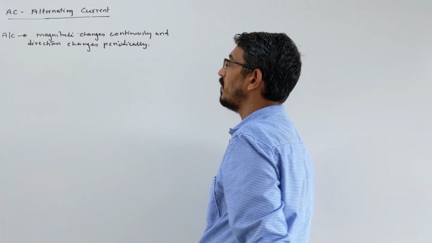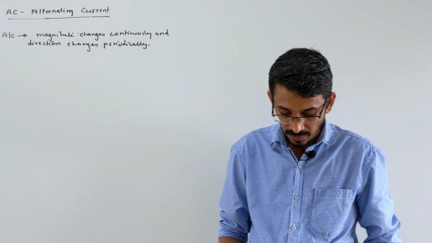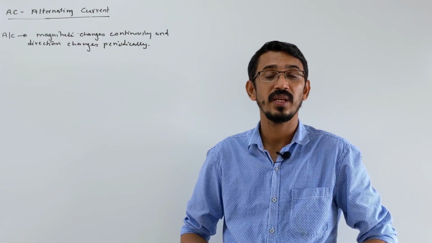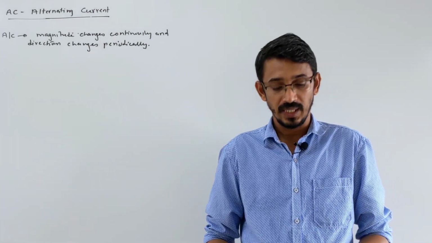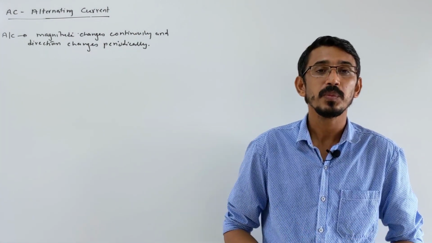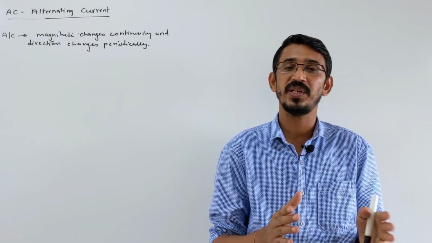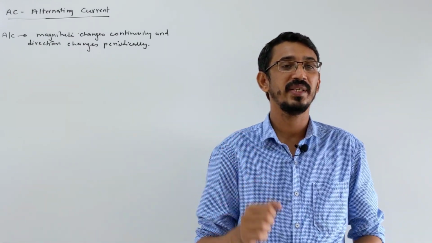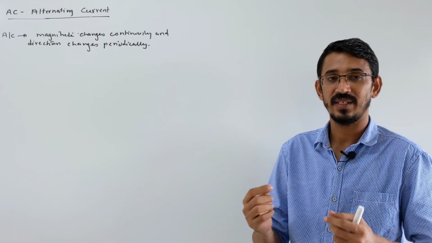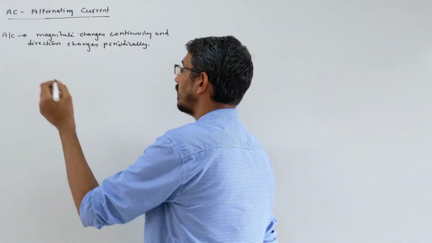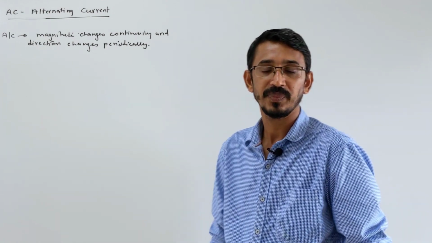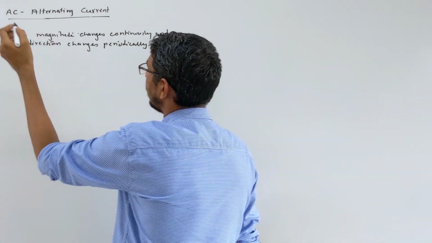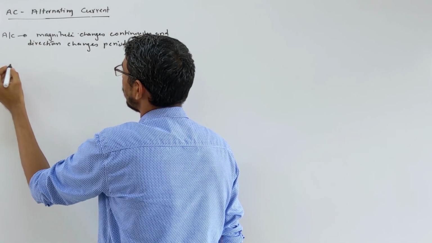So how do we represent AC current? There are many ways to represent it, but if you remember the last chapter, at the end we discussed our AC generator, and we wrote the equation of the current generated by that generator, which was the AC current equation. Remember how it looks: we represent it as a sine or cosine function.